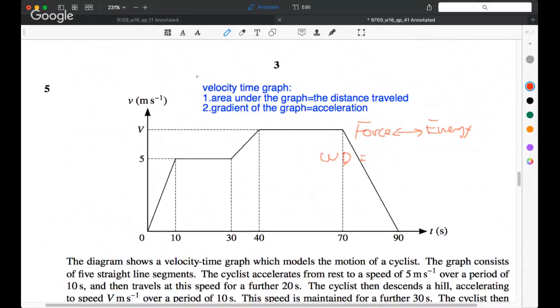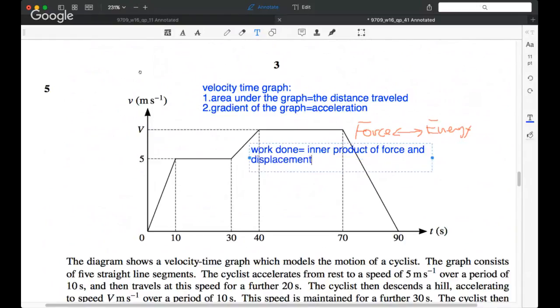inner product of force and displacement. So what does this statement mean? It means that